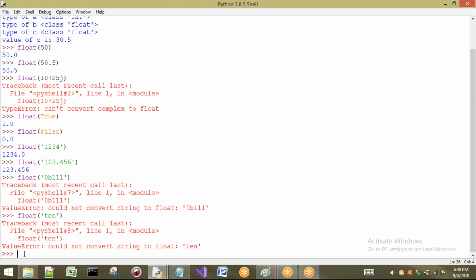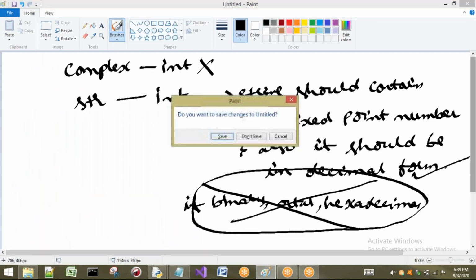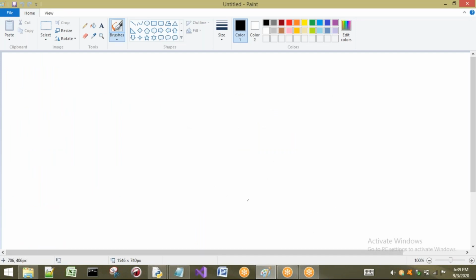Okay, right. Now the important conversion, that is complex. So here, if you are going for complex, two different forms are there. I will explain. How does a complex number look like? 10 plus 20j. To convert other types to complex, we have two ways. First form is complex of x, where x is the real part.